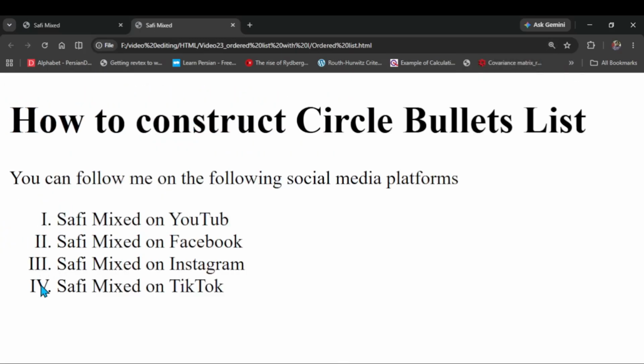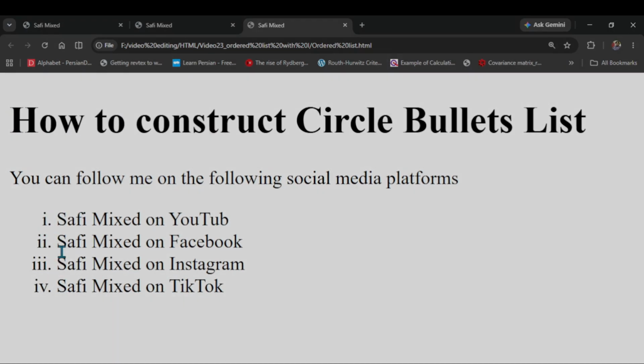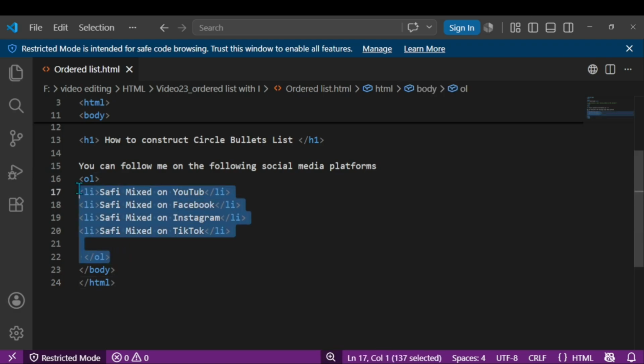In this video, I will let you know how we can change the style of numbering in the ordered list in HTML. You see here I have created an ordered list by using the OL tag, and then the items in the list are placed inside the LI tag, so we have 4 items. And if I build the document this way, then by default the items are listed with numbers 1, 2, 3,